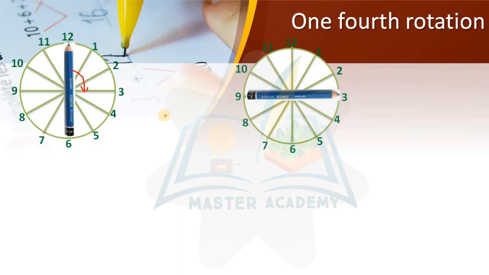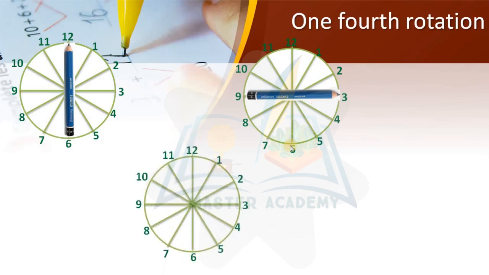So you can see in the next figure, it is known as 1/4 rotation. Clear? Now tell me, this pencil will again move 1/4 rotation. पेंसिल अब कहाँ पे जाएगी? कौन से नंबर पे जाएगी? Tell me. Okay, sir, this pencil moves here. It means it will come on the 6th number. Now look at this side. Third figure, you can see कहाँ पे आएगी? अब 6 नंबर पे आएगी.